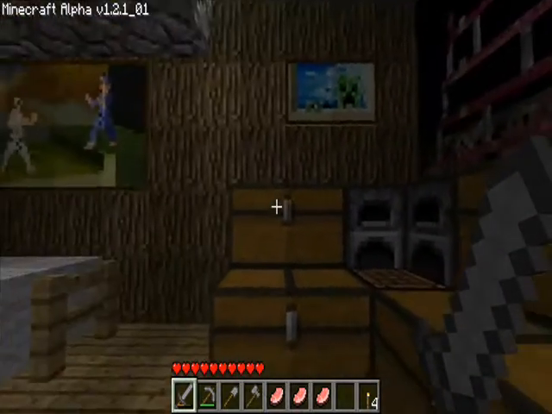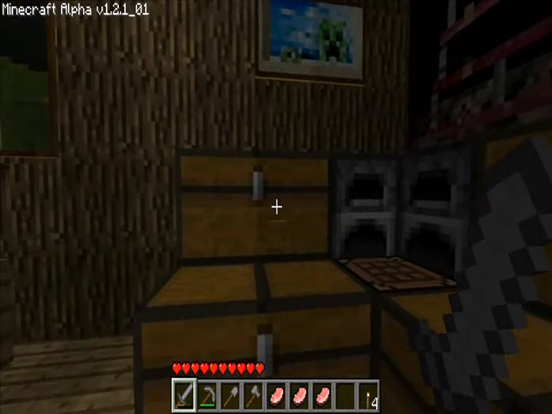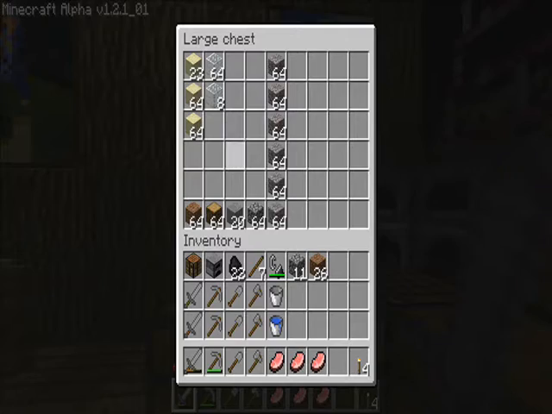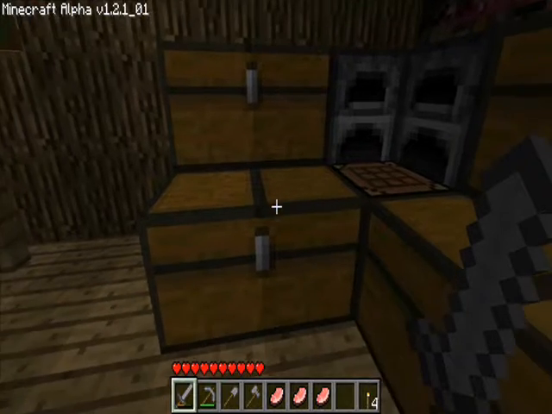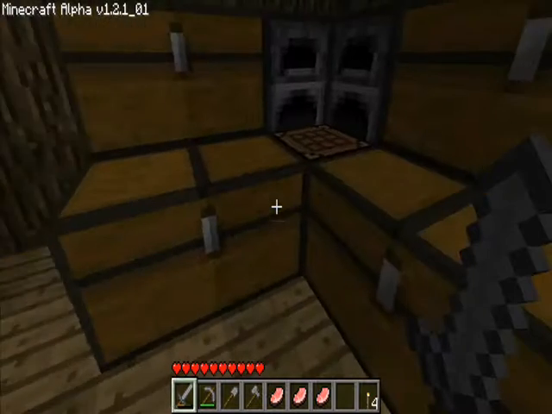In the corner, we have my workstation, equipped with 4 large chests, 2 furnaces, and a workbench. In these chests, I have separated everything that I use. This is for building materials. This is for crafting supplies. Now, obviously, a workbench isn't a crafting supply, but it is made via crafting, and it is needed for crafting, so